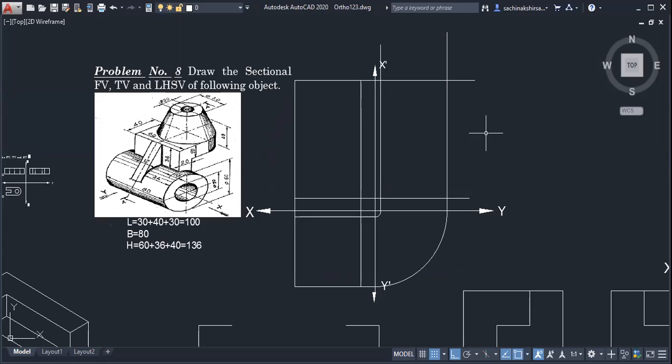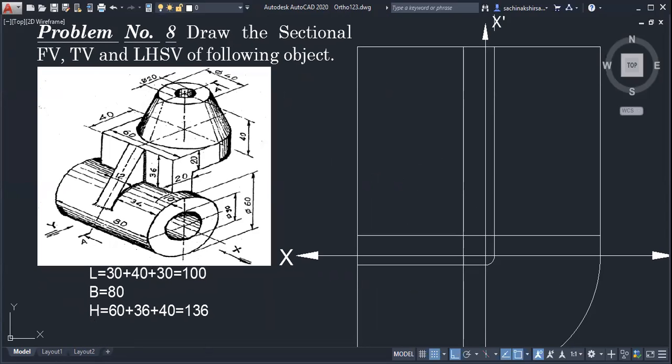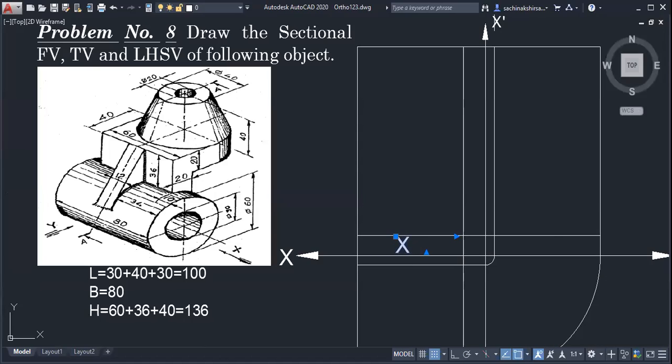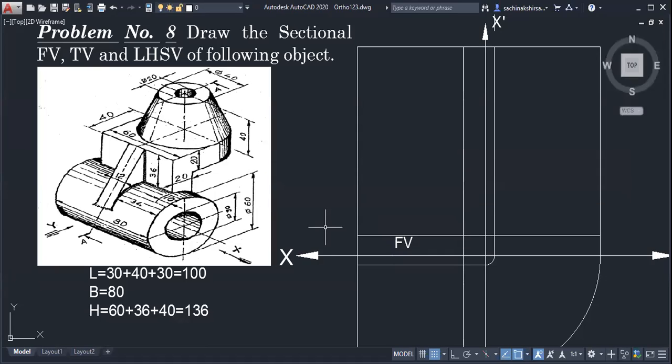So each view we will complete first. Let us concentrate on the front view. Okay, so it will be something like this. Shall I give the name front view? Which two dimensions will be observed? So here there will be the front view. Each view we have to draw. So let us concentrate on the front view first. So it is the front view. Okay. After that, origin. What about origin?